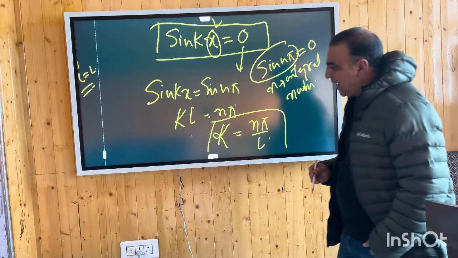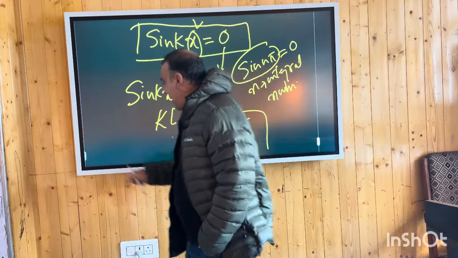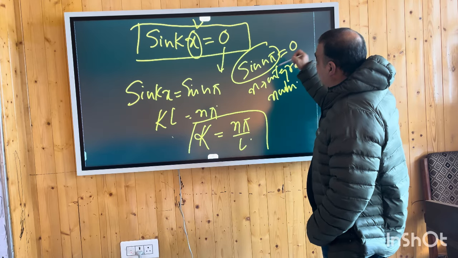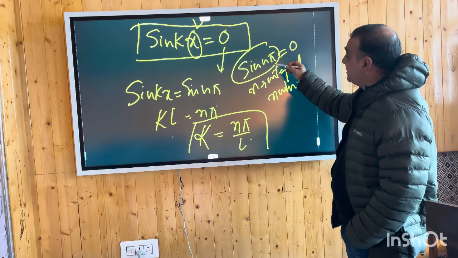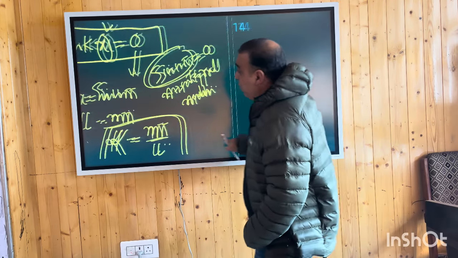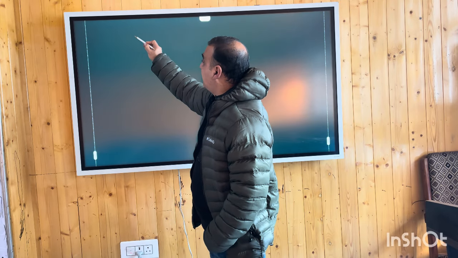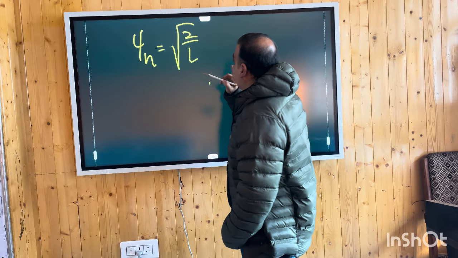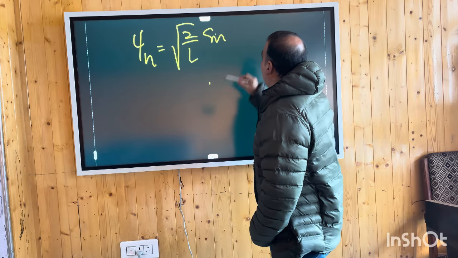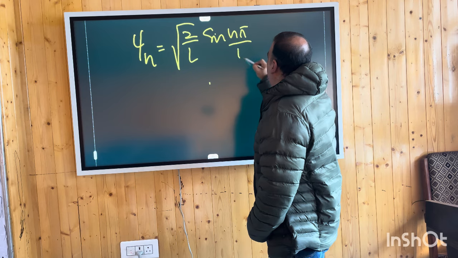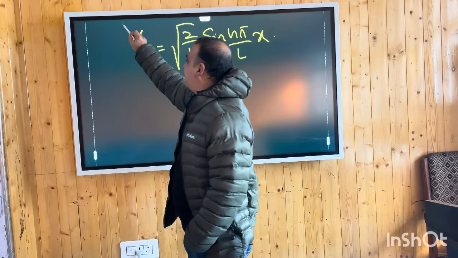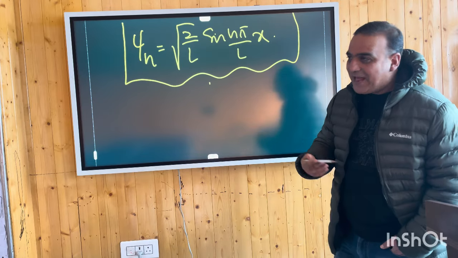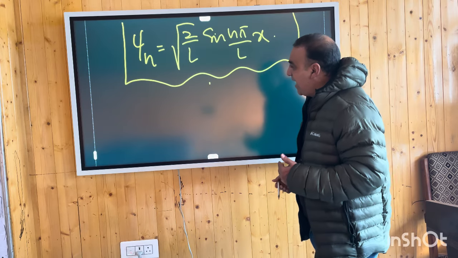So we can have a generalized eigenfunction here, because the equation, using the boundary conditions, has automatically introduced the integral number here. So I will have a subscript for this eigenfunction: psi n equals under root of 2 by L and sine of n pi by L x. Now this is our eigenfunction, and this eigenfunction will lead us to a set of eigenfunctions, and